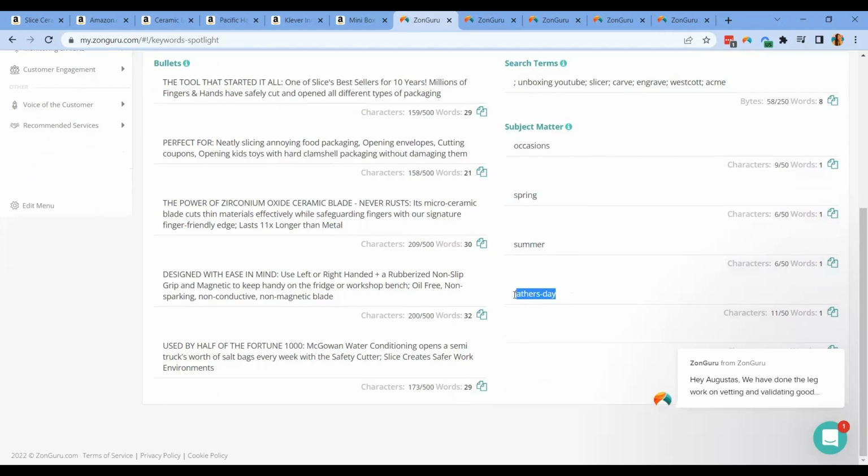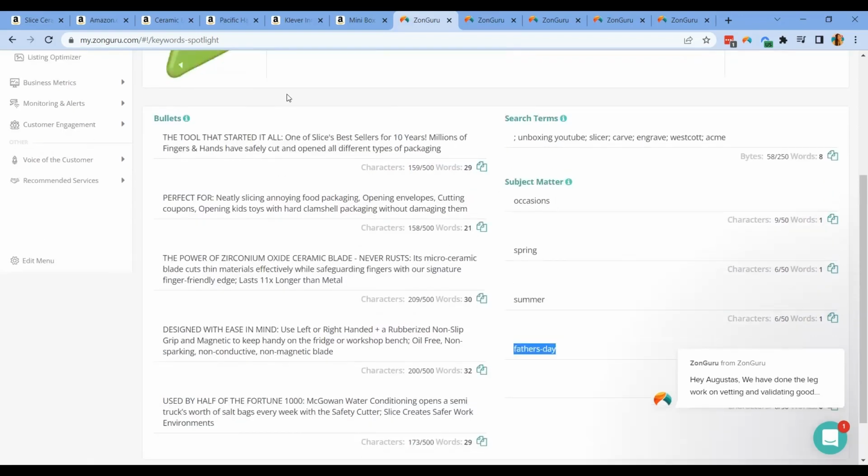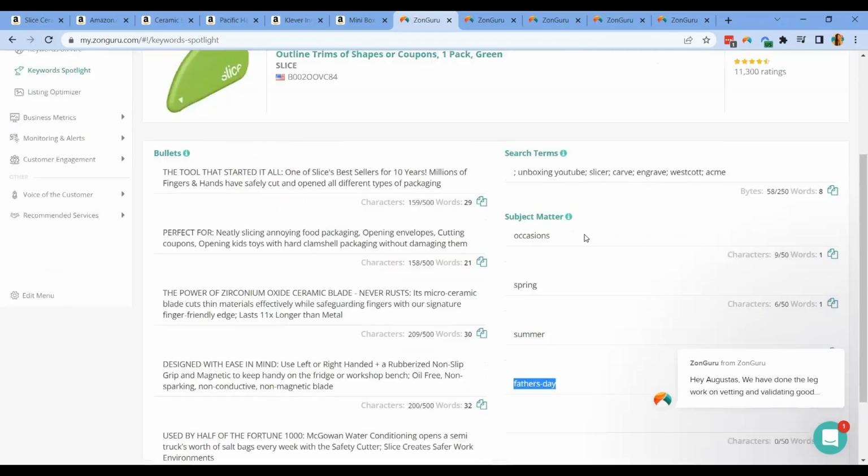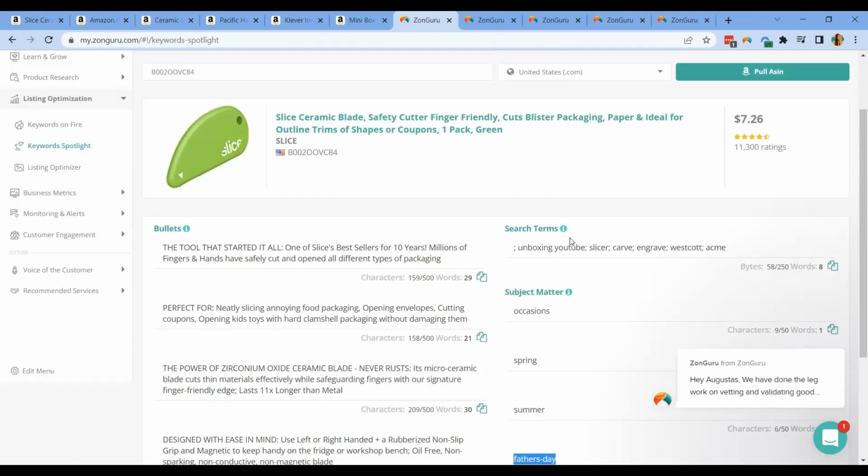And that's another thing for you to learn in order to be able to get more reach and possibly rank for these keywords. And looking at the search terms, you can see that they use unboxing YouTube. You wouldn't have been able to discover by yourself that this type of keyword phrase is searchable, and there's a lot of people that are searching using this exact search term.